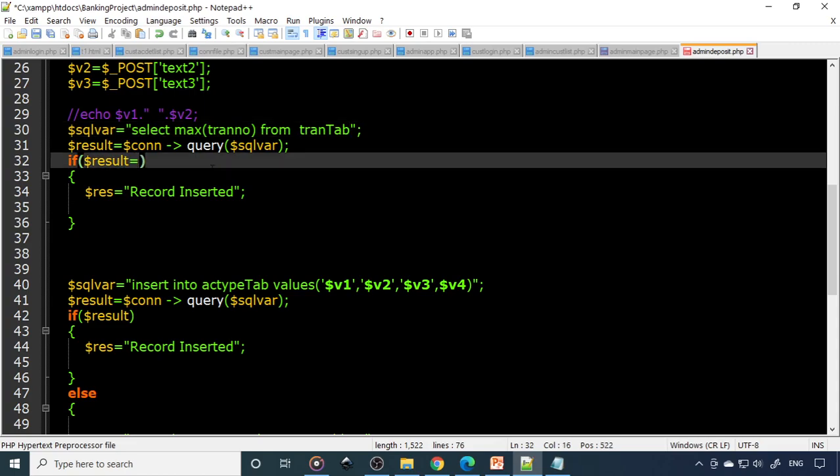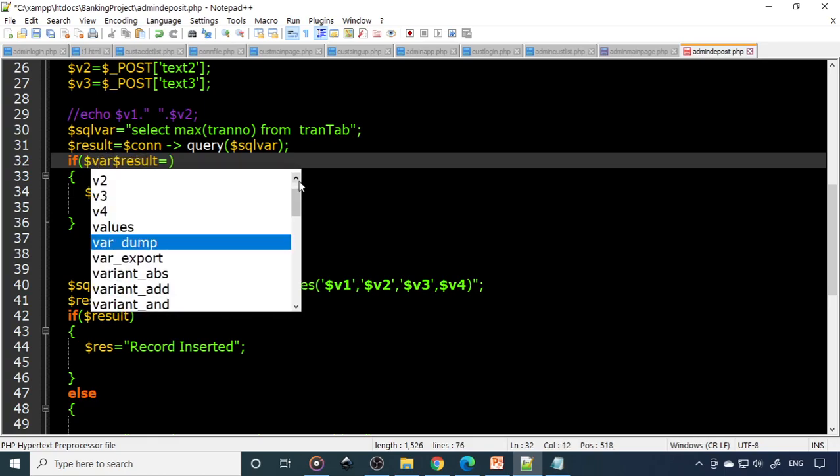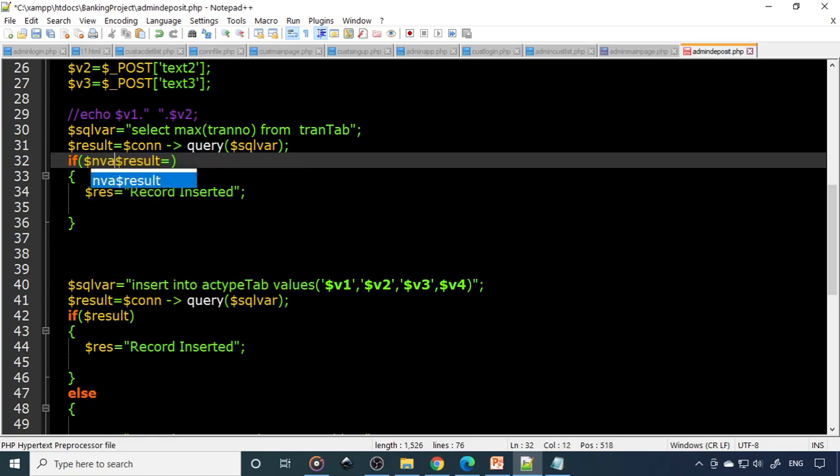Result is equal to, okay, so $var, so let's say var is equal to result. So this is fetch_row.